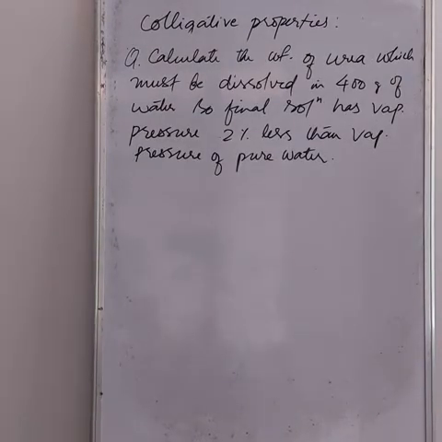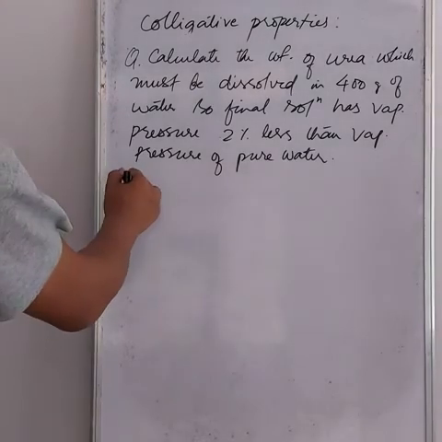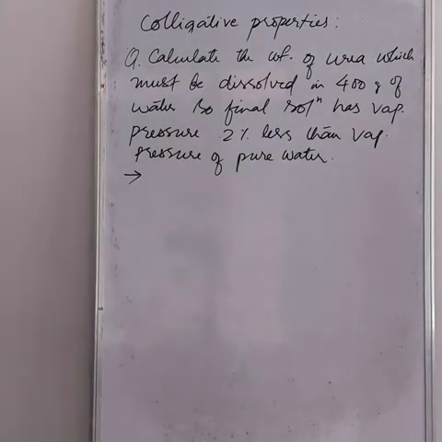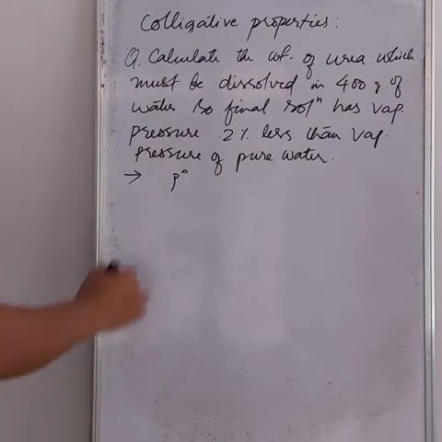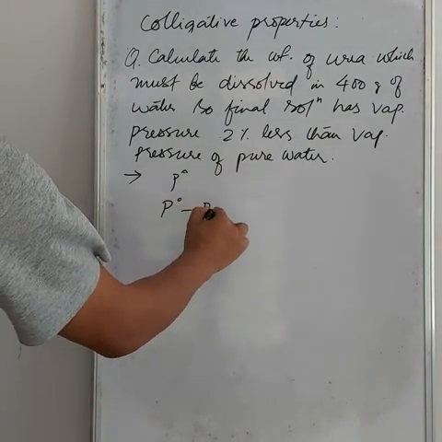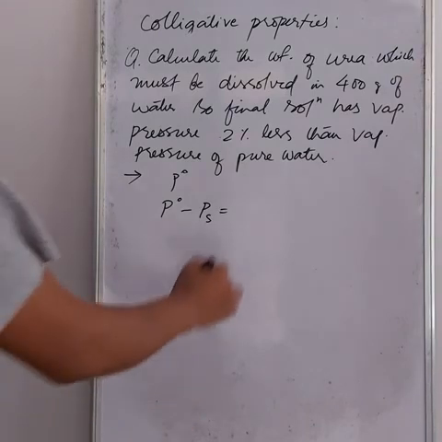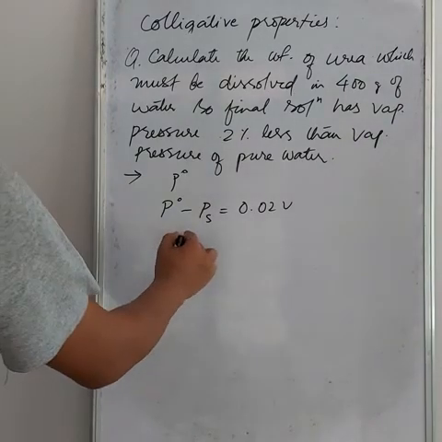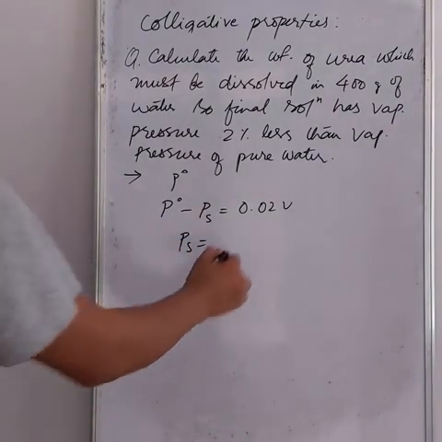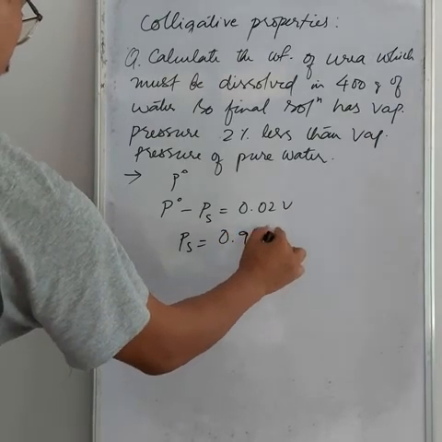So here's a question. Calculate the weight of urea that must be dissolved in 400 grams of water so that the vapor pressure is lowered by 2%. So let our vapor pressure be P naught for water. So P naught minus the pressure of the solvent is equal to 0.02 P naught. So our solvent pressure will be equal to 0.98,